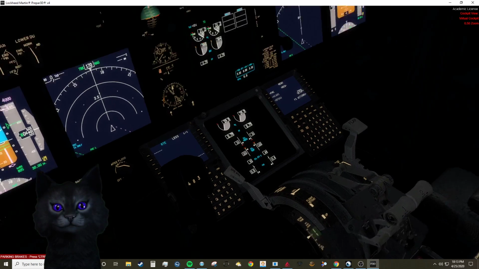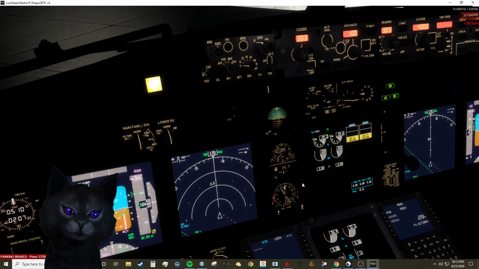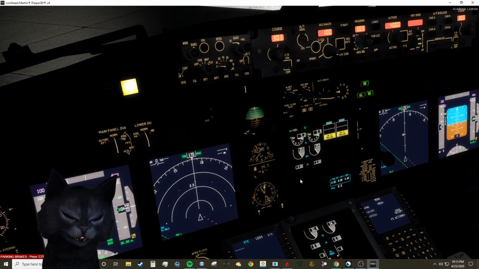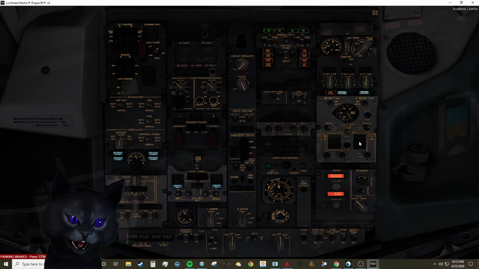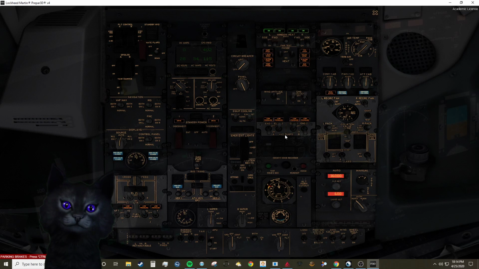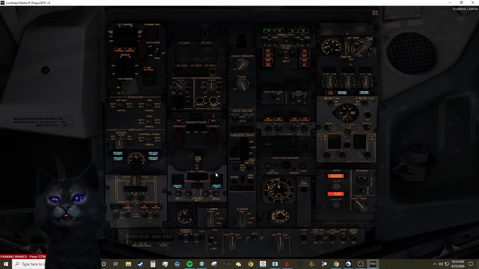Shutdown procedure. Start switches cut off. Alright, engines are rolling back. Passenger signs off. If you bleed air on. Isolation valve to open. Left fuel pump on. Turn the rest off. Electric hydraulic pumps off. Flight director's already off. IRS mode off. And